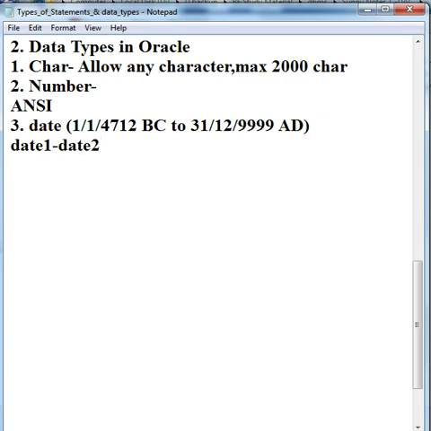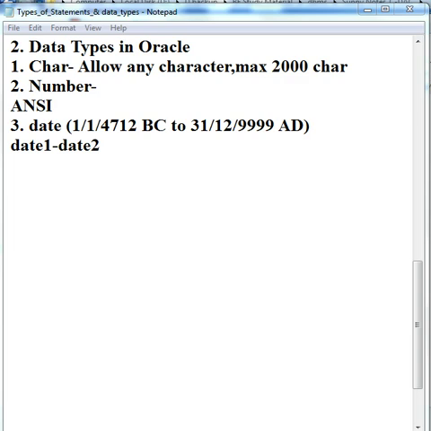Okay, suppose this is today's date and this is the date of birth, so I can find the age of any person through the date data type. Date minus date is allowed in Oracle. Date is not available between 5th October 1582 AD and 14th October 1582 AD.